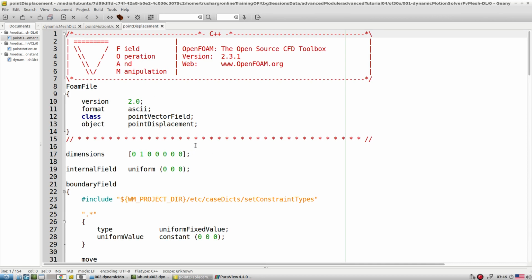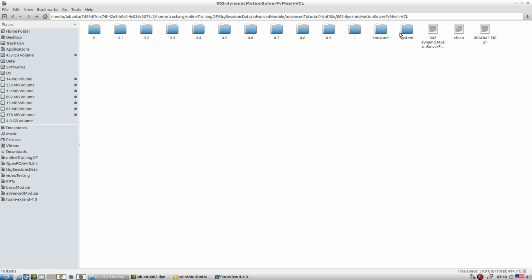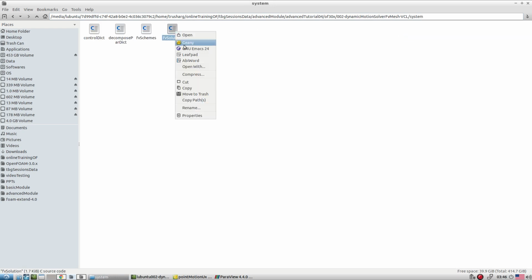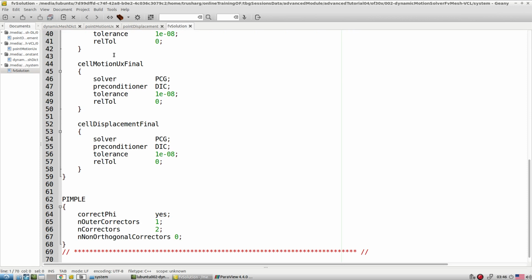So copy those pointDisplacement options into the pointMotionUx file and try to finish it off. When you work with pointMotionUx, please understand that a few entries we are going to change in the fvSolution level. So in fvSolution we require this motionUx final.